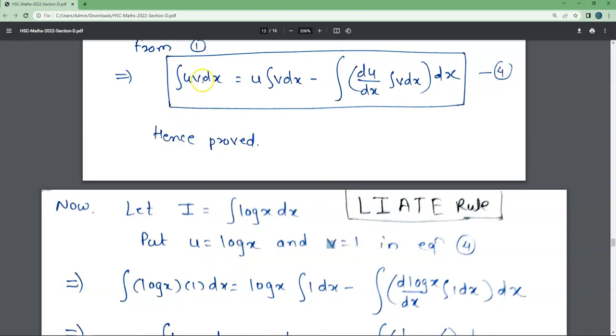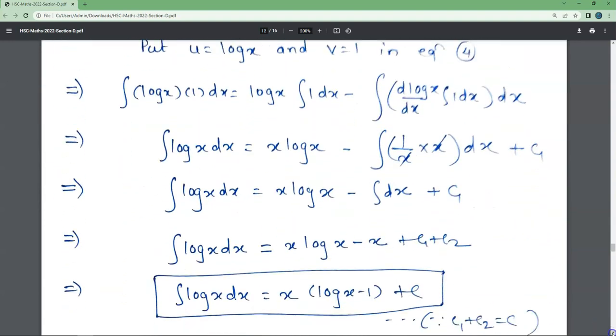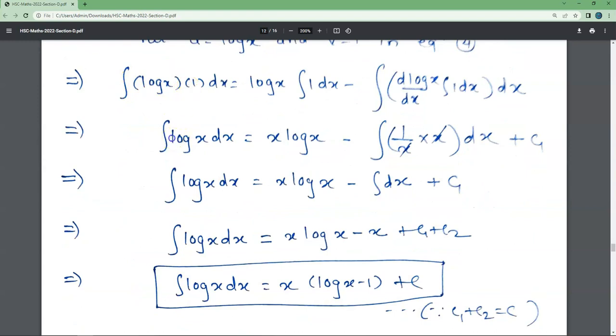So when you put u is equal to log x and v is equal to 1, this will be log x into 1 dx. U as it is, so log x as it is, integration of v, that is integration of 1, minus big integration, derivative of u, so derivative of log x, then integration of v, that is integration of 1, and then this dx for this. Okay, it's easy. Now log x into 1, that is log x, so log x dx is what we want. Log x as it is, integration of 1 is x, so x log x, minus derivative of log x is